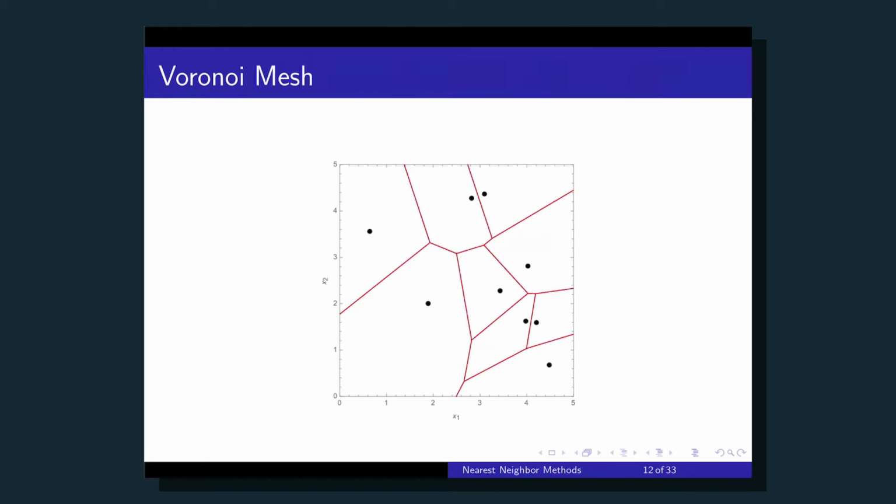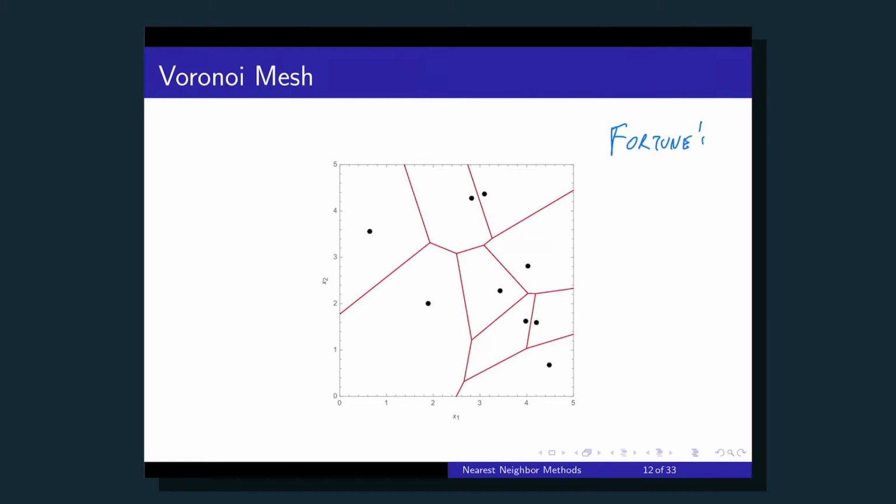They're also used for 3D surface generation. If you have samples of points from the surface of a 3D object, you can build a so-called tessellation based on the Voronoi mesh. And the building of it is actually not that difficult. If you're interested, I suggest you go to Wikipedia and look at